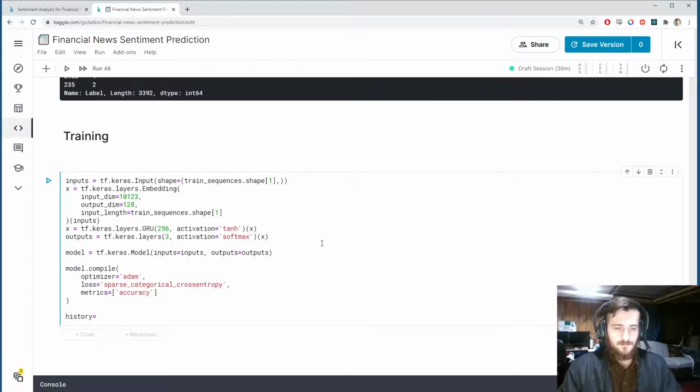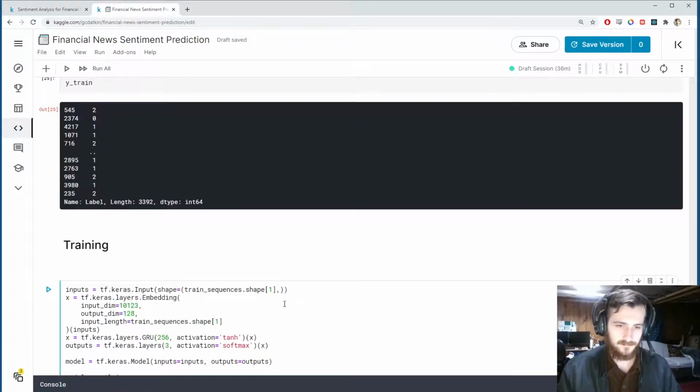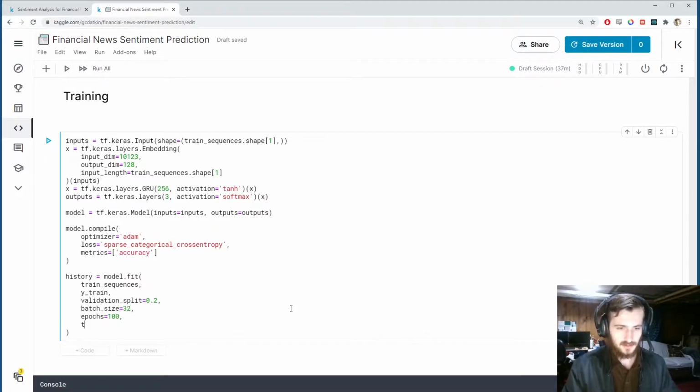So we'll store the history of the fit in history and call model.fit. And we want to pass in the inputs now. So our inputs here are going to be the train sequences. And our labels are going to be ytrain. And we'll include a validation split. So we'll use 20% of the data for validation. We'll give it a batch size of 32. We'll train for 100 epochs, and I'll include a callback function,